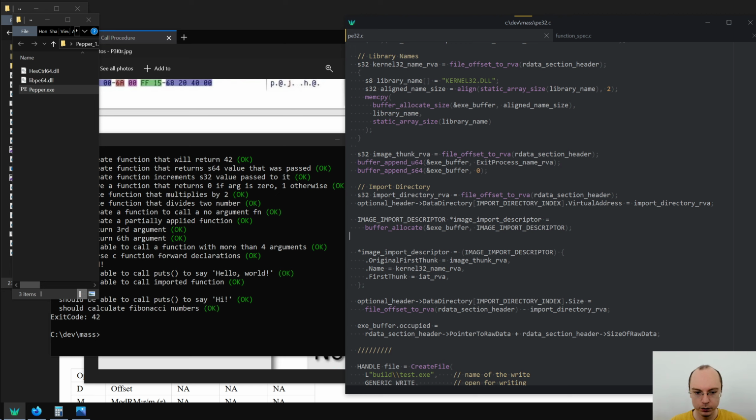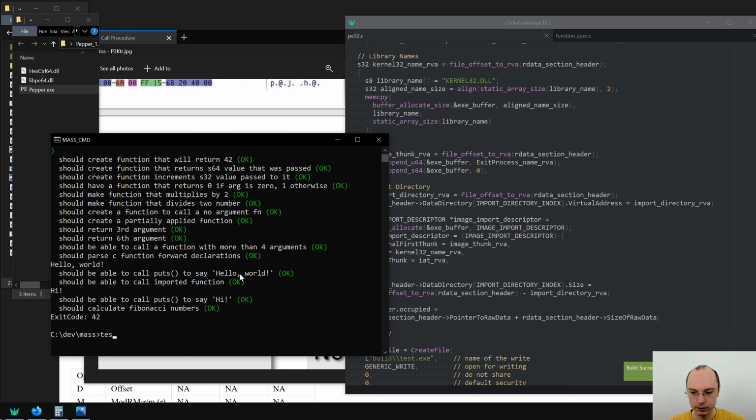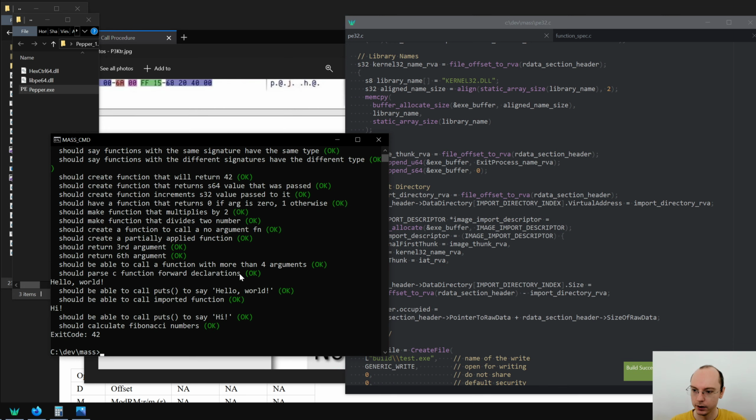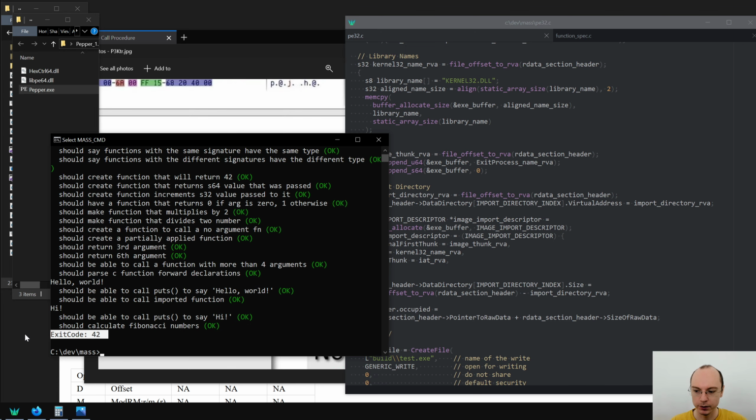And now nothing should really change, so I don't think we need to even touch the code. But what does change is we have a separate path where we have these thunks. So that builds. Let's see if it still works. It does still work. Just a reminder, for those who haven't watched the previous episode, what we are looking for is exit